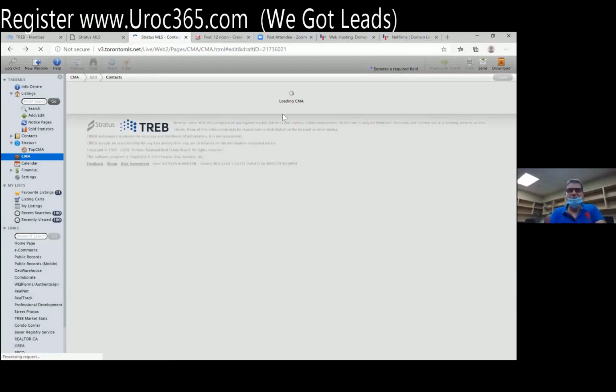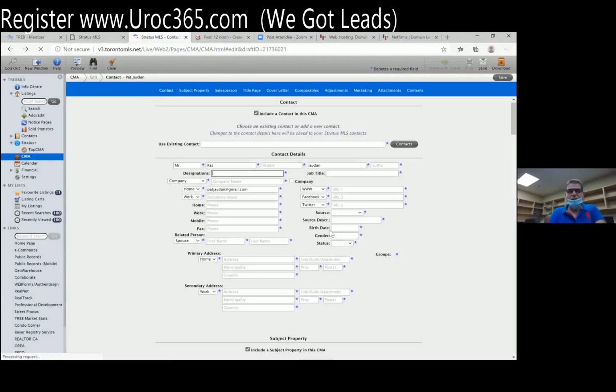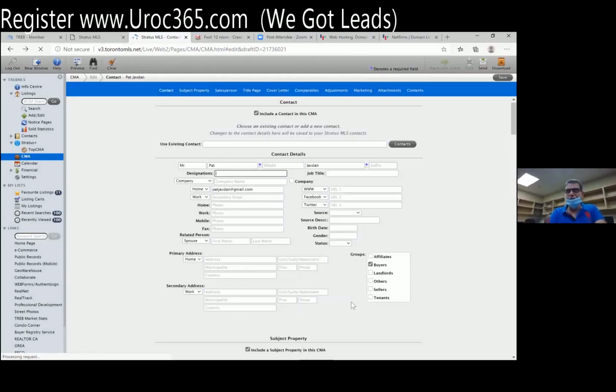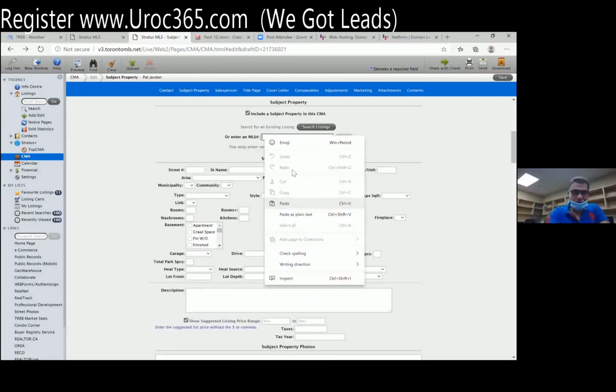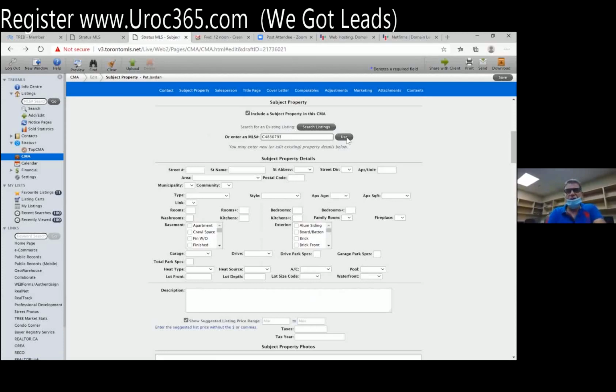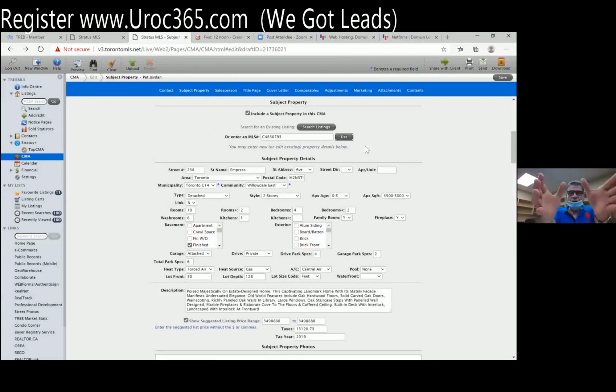Okay. Again, include the subject property here. Bring it down. Again, one more time. So I put this one, the subject property. Paste it. I use this MLS that belongs to 238 Empress Avenue that I want to buy for my client, and when I put it, you will see all the information of this property automatically comes